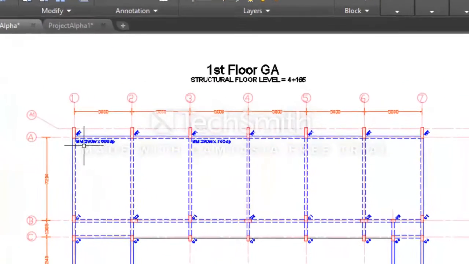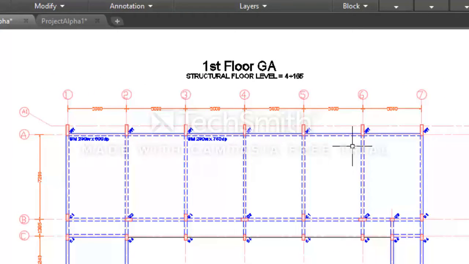So how you read the beam label here, this beam label represents the dimension of the beam 1 to 2 and 2 to 3, while this beam label represents dimension from 3 to 4, 4 to 5, 5 to 6, 6 to 7. But this is not my intention to have different beam property on one line. I will select this text and delete it. So this beam label represents dimension of the 6 beams in this direction.